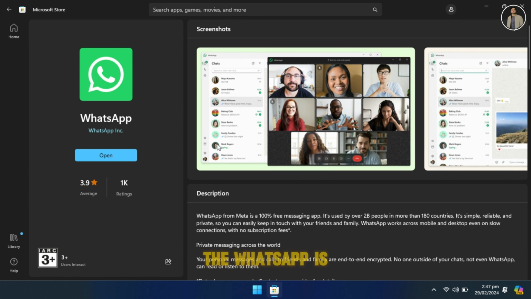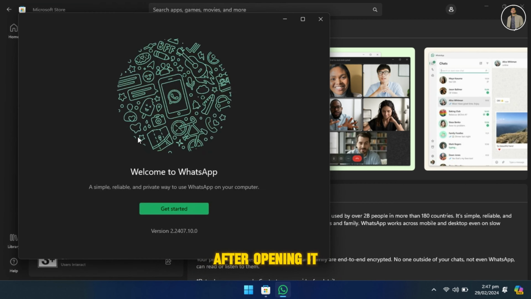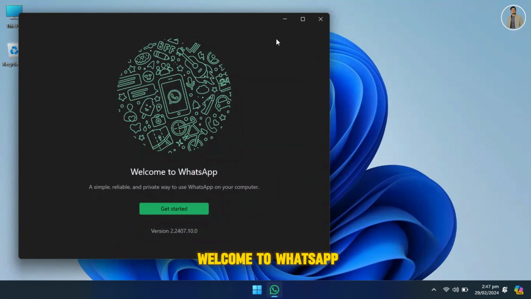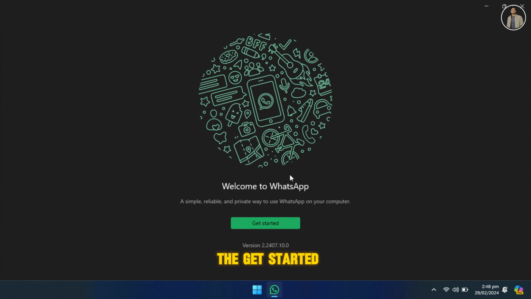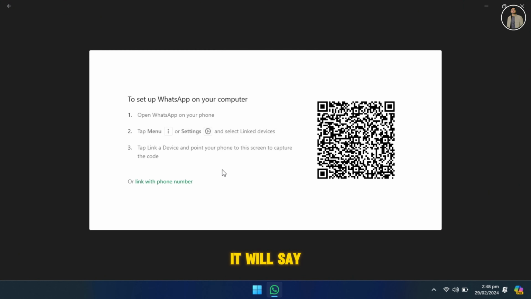Now as we see, WhatsApp is being downloaded, so we have to open it. After opening it, it will say welcome to WhatsApp. So we have to click on the Get Started button. After clicking on it, it will say scan the barcode or enter the phone number manually to attach your WhatsApp